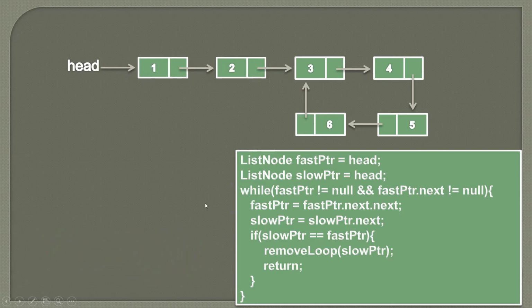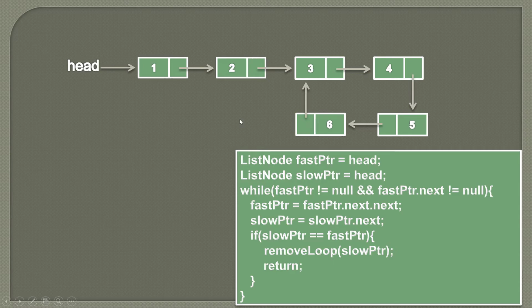So friends, here you can see, let's suppose we are given this singly linked list which has a loop starting from node 3. So here 3 is pointing to 4, 4 is pointing to node 5, and 5 is pointing to node 6, and node 6 is again pointing to node 3. So here you can see that there is a loop, and our task is to remove this loop. So the only way in which we can remove this loop is if somehow we reach this node and we break this link. And once we break this link and assign it to null, it will become a singly linked list which will not have any loop.